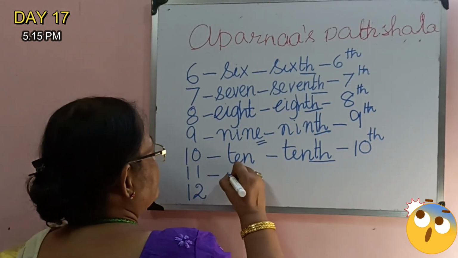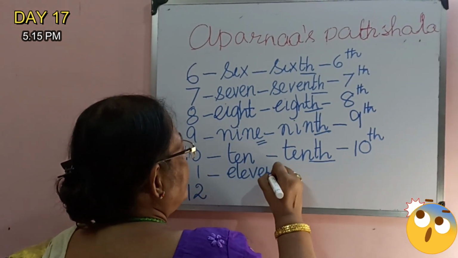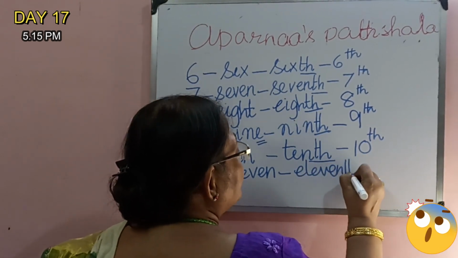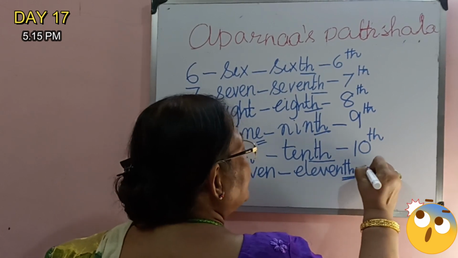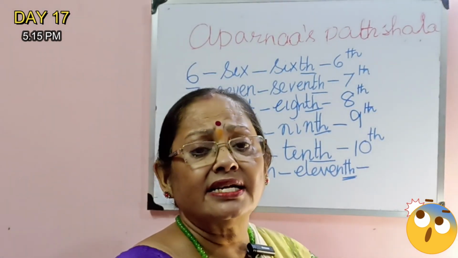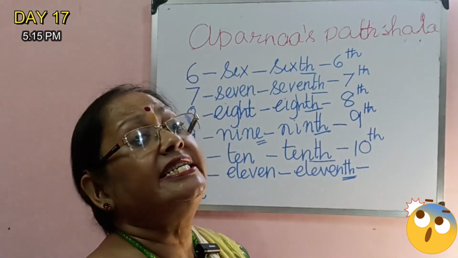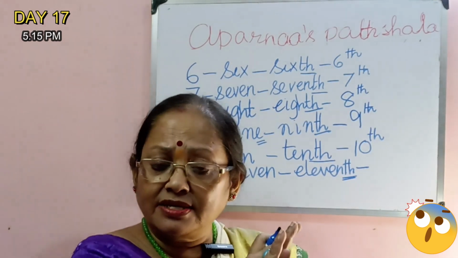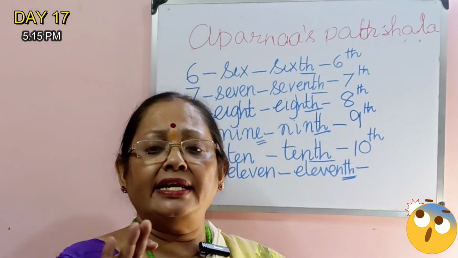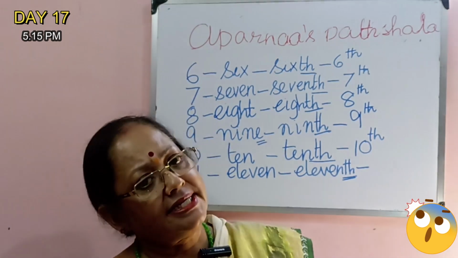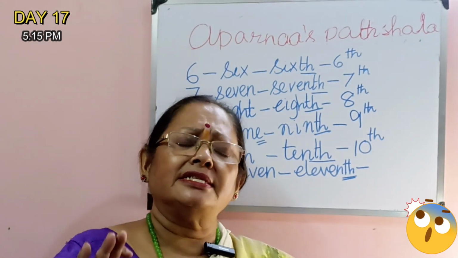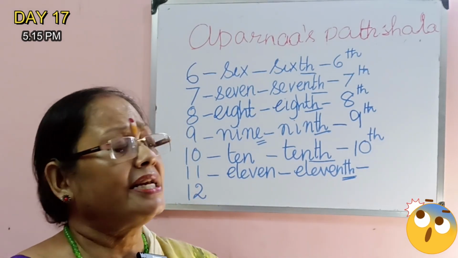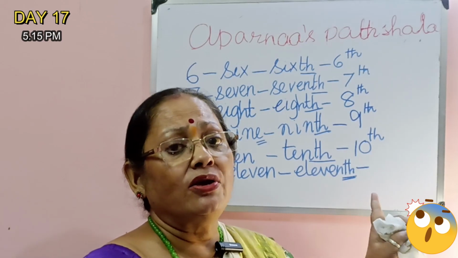10th. And this comes here TH. Same with it, we write the spelling E-L-E-V-E-N, 11, E-L-E-V-E-N, T-H, 11th. Very easy. Don't think it's a very tough one. You are just adding a TH with each of the spellings, and in the case of 9 you are just removing the E from there, N-I-N-T-H. Is that clear? Don't forget this. This is a very easy one, but you make mistakes over here. So where you make the mistake, I am just informing you not to do that.